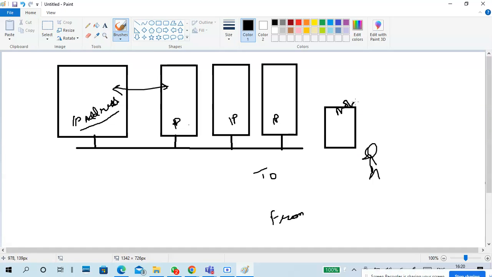Your mobile phones, tablets, TVs, smart LEDs, Echo Dot, Alexa, certain network printers. For certain devices, it is very difficult to assign an IP address manually.